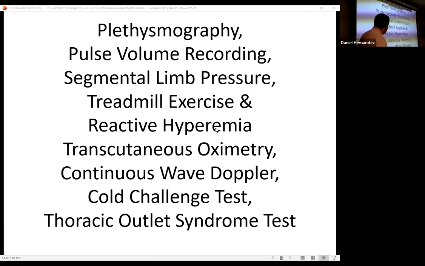So with this transcutaneous oximetry, we use that to measure oxygen saturations within the tissue. And that helps to guide doctors when we're talking about amputation and healing potential of wounds. A couple other tests are continuous wave Doppler. That's just listening with that little pencil probe, listening to the actual pulses. We can do a cold challenge test where we actually cool the extremity to try and